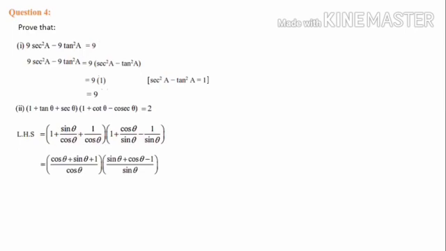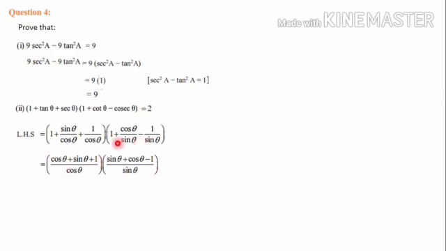Then let's take the LCM in the first bracket, that is cos theta as the common LCM. Cos theta into 1 is cos theta, plus sine theta divided by cos theta, the denominator is the same as our common LCM so the numerator comes as it is, sine theta, plus 1 also has cos theta as denominator, so the same number 1 comes in the numerator. So the numerator becomes cos theta plus sine theta plus 1, divided by cos theta.